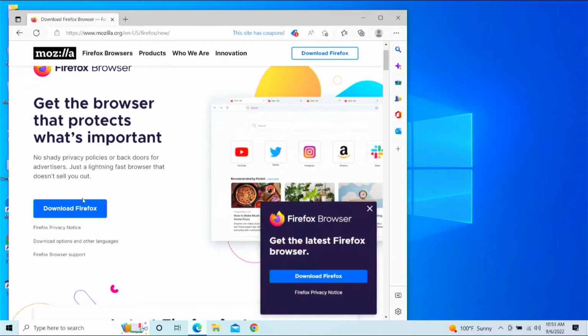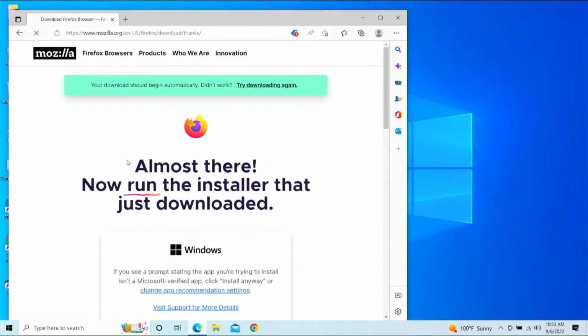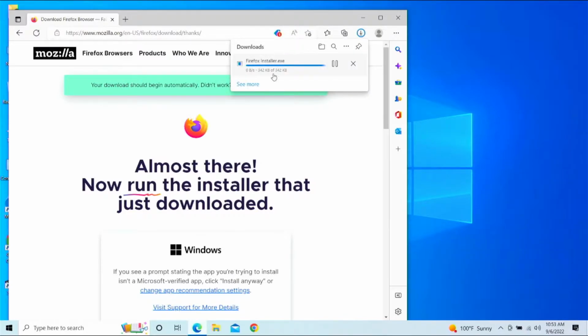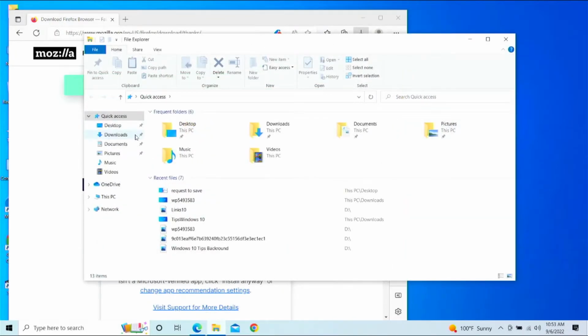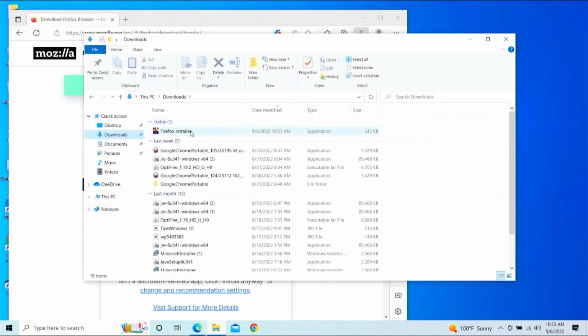All right, we're going to go down here. We're going to left click on the download Firefox button. Same thing, left click. Let's give that a second to download. Additionally, if you don't see it pop up over there on the right hand side and you can't click open file, just go to File Explorer here, then go to Downloads, and you'll see it pop up here on the top. All right, looks like we have it downloaded, so I'm going to double left click on it,